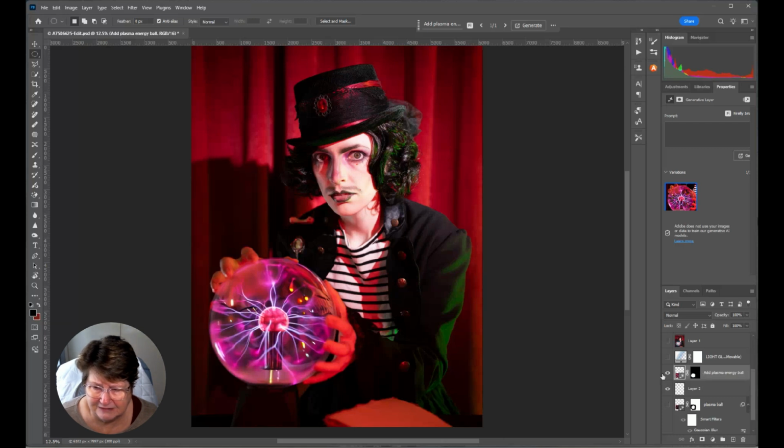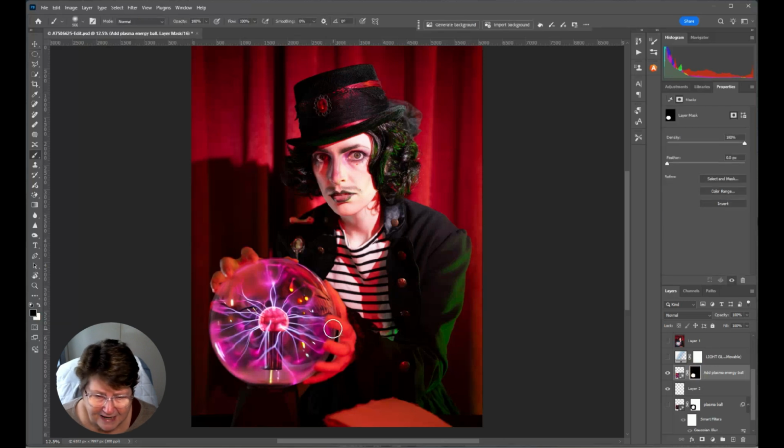Now it's already put a mask on it, so if I go in and have a look, I could, if I wanted to or needed to, come and mask around and pop her fingers back in because they're a bit blurry, but they are missing a little bit from that. And from there